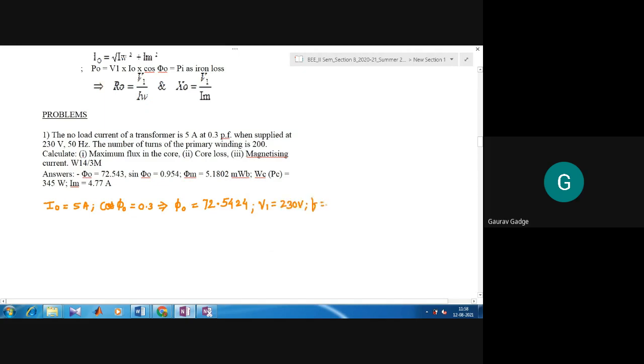Frequency 50 hertz. Okay, now you have to solve this particular numerical within 1.5 minutes. Then आपको 1.5 मिनट में इसको solve करना है. Number of turns of primary winding. So number of turns यानी आपको क्या दिया है? N1. So it is equal to 200. अब यहाँ तक की information है, इसका मतलब और जो हो रहा है कि it is on under transformer under no load condition. Maximum flux in the core.